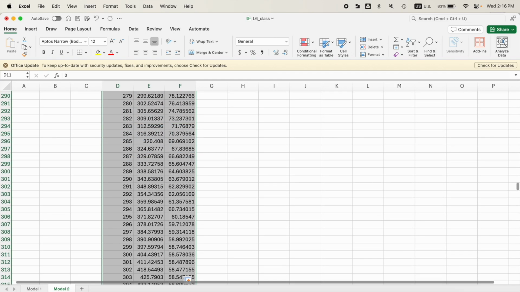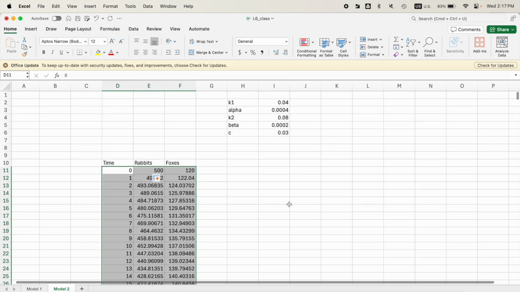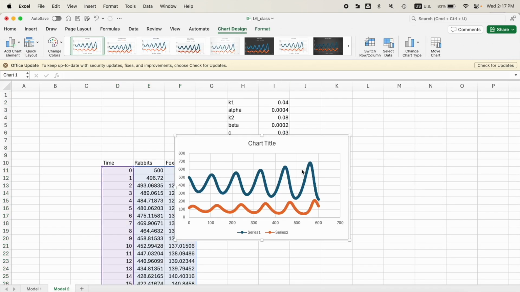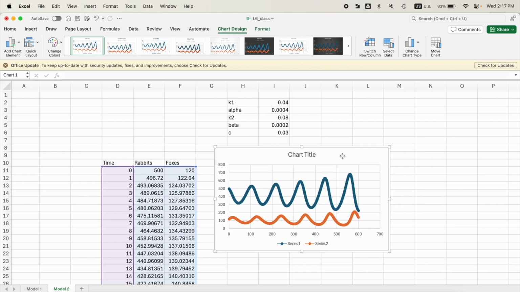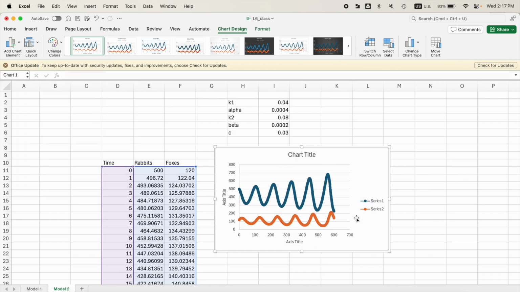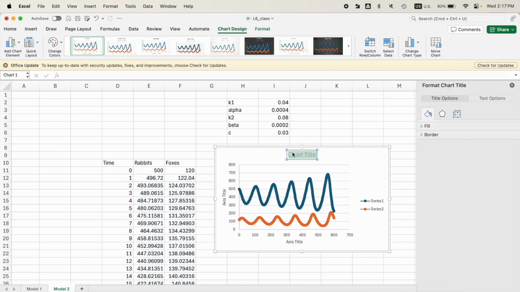Now just scroll up because you want to place the plot next to the table. So I'm going to go to Insert, Scatter Plot here. This is what you should see. And I'm going to change the layout. So click on the plot or the graph, go to Quick Layout, and choose the first layout, layout 1, so that I have the title for the x-axis, the title for the y-axis, the legends, and also the title for the entire graph. So the title for the graph, I changed that to Prey